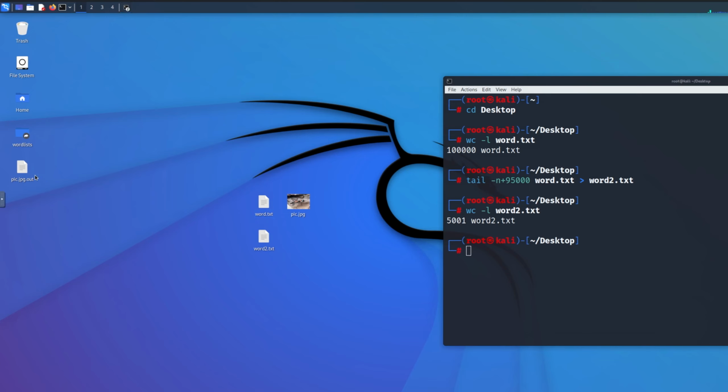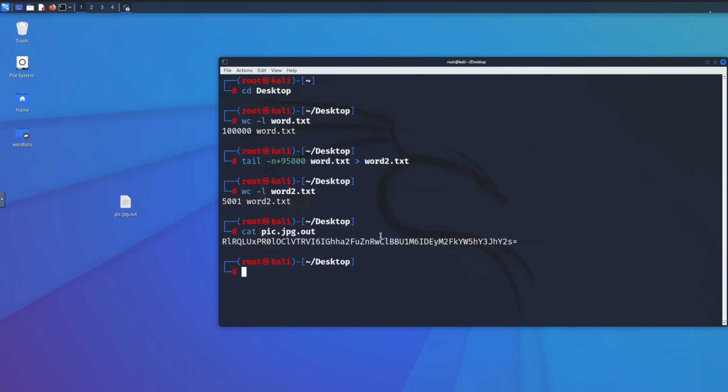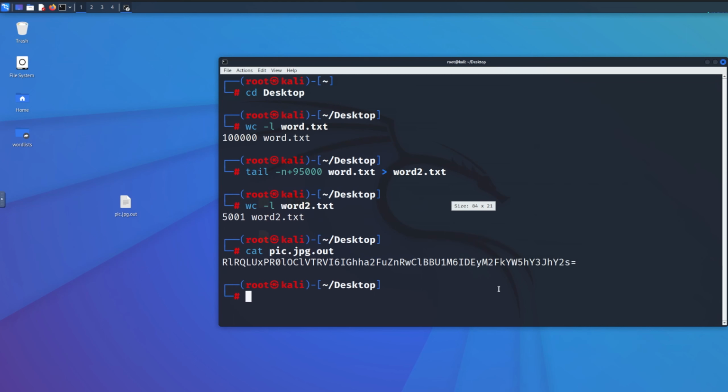So now you can see we have a new file. This is the output that stegcracker has created. If you do cat pic.jpg.out, as you can see, it has given us a base64 hash. So if you do cat pic.jpg.out and then this, which is called a pipe — it's not really a pipe to me, it's a wall, I call it a wall, but professionally it's called a pipe —